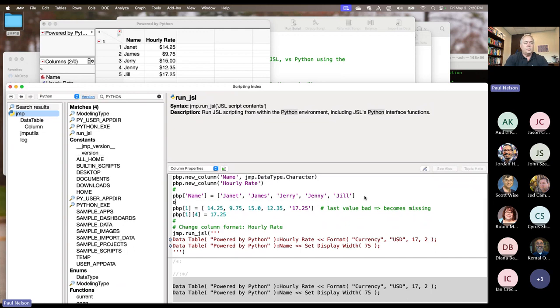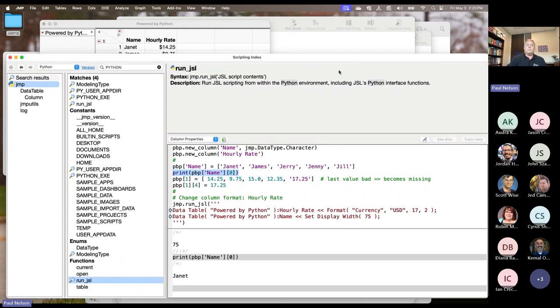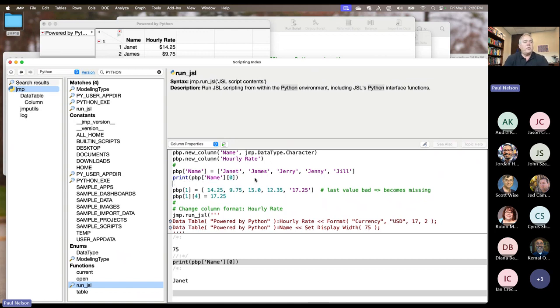So say if we do print, we print the 0 element of the name column, we get Janet. So you can operate on the name either by the column name or by index. If you want to do something like the Python slicing, where you want to print, let's say, every other one, it needs to be numeric. So if we were to print every other column name,